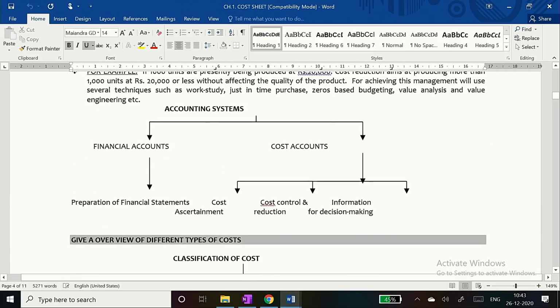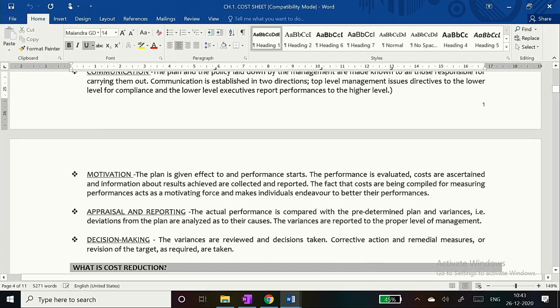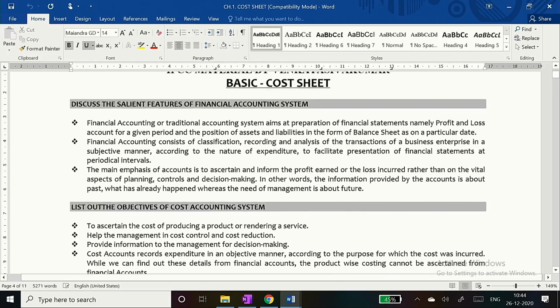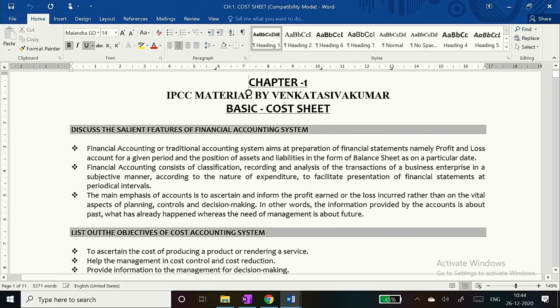Whatever notes are there with you, friends, everything is there. This is written differently. This is a book which I have written, and from that I am reading out. First step is